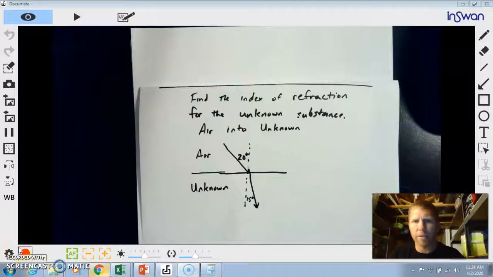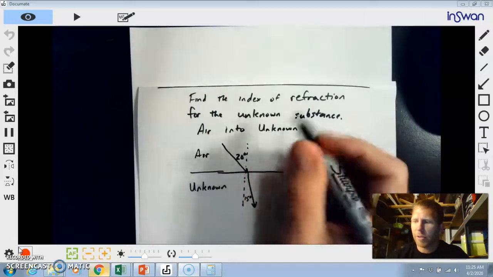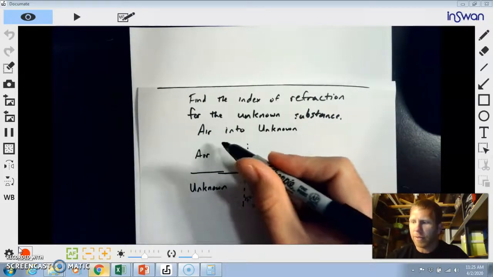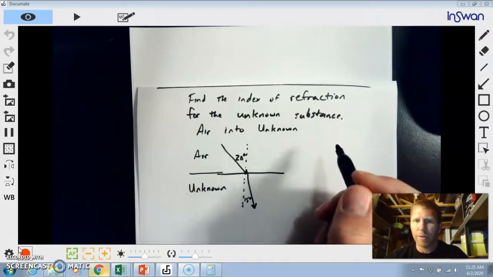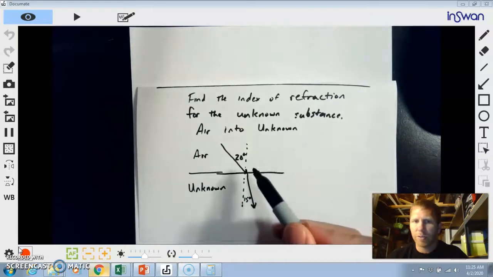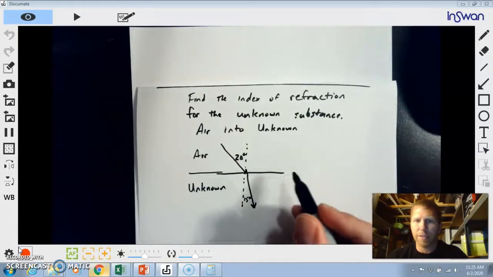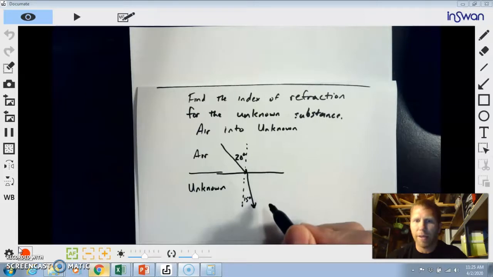Okay, let's do another sample problem here. Now in this case, what we're trying to do is find the index of refraction for an unknown substance. This will be very similar to the virtual lab that you will do. So in our scenario here, the light is coming in at an angle of 20 degrees. It hits the surface of whatever substance it is and causes it to bend at an angle to the normal